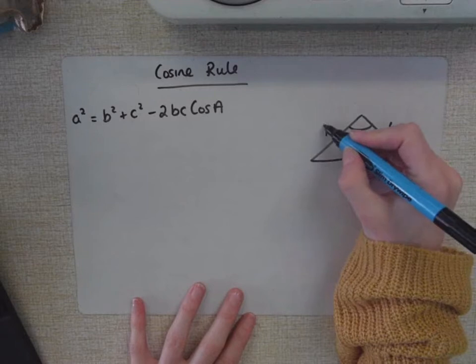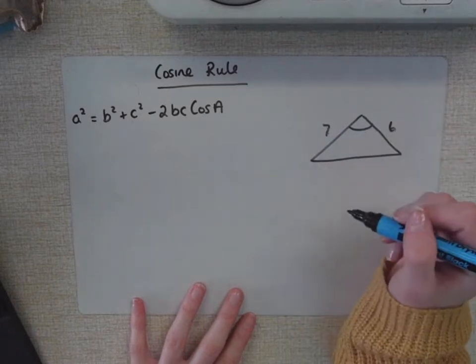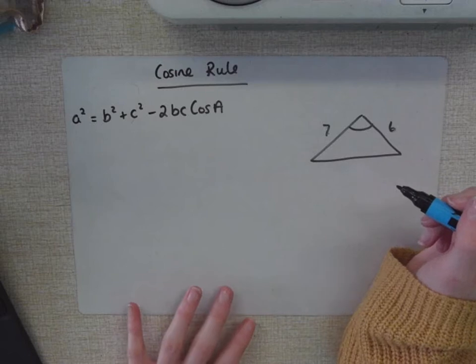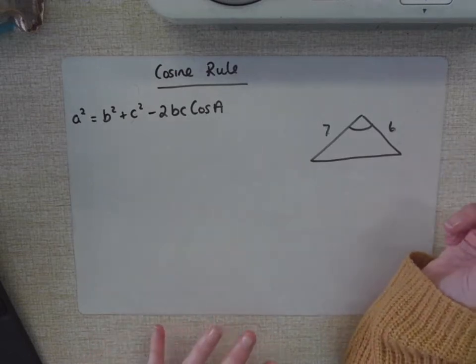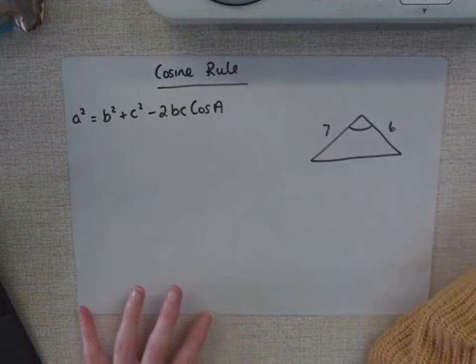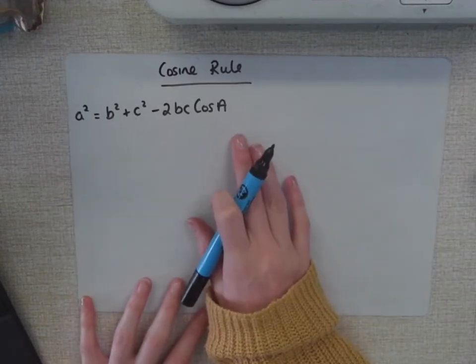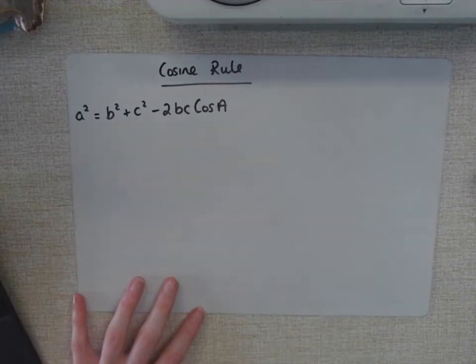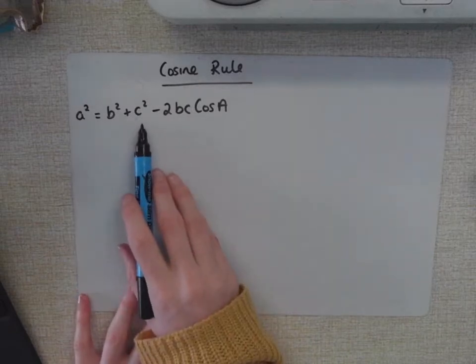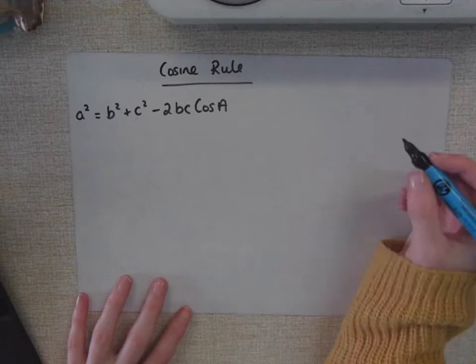You couldn't use the sine rule in this scenario because you don't have another angle to work with. You need to have the angle and the side opposite for the sine rule, and I don't, so I wouldn't be able to use it. So this is your cosine rule, and you can rearrange it so that you can either find the angle or find the side. You're going to label the sides A, B, and C. So if we do an example,